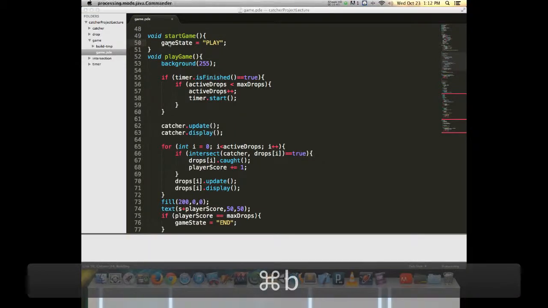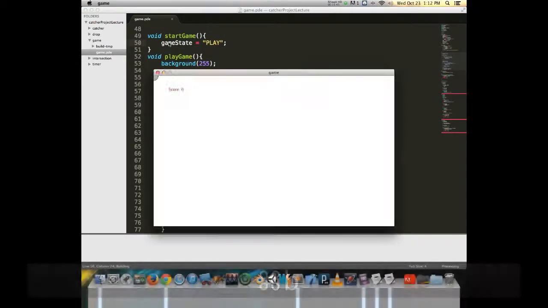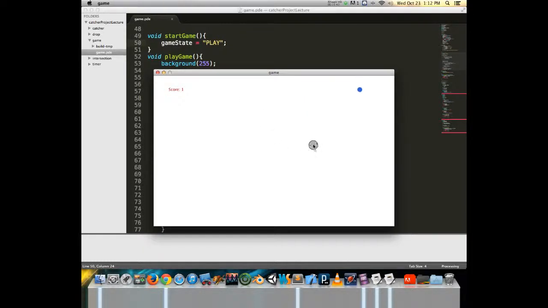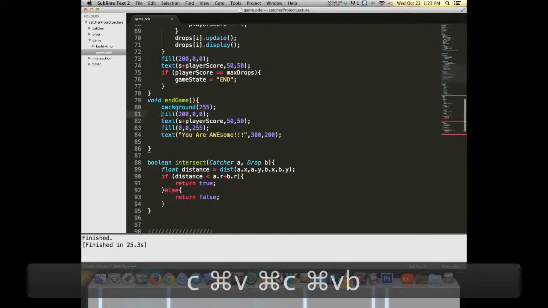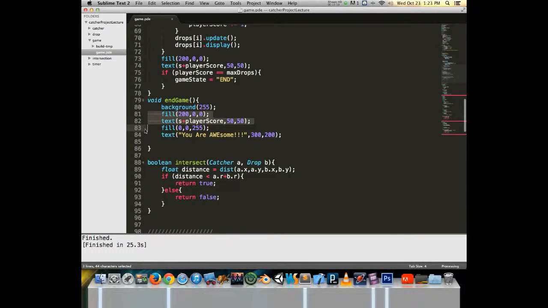But now if I run this, cross my fingers, it runs, catch 1, 2, 3, and now we can see it grabbed the blue color, filled it, and I am awesome. So if I want my score to exist, I put a copy of these lines that were here. Now, one thing that I'm noticing is if I'm redoing the same lines of code in two places,